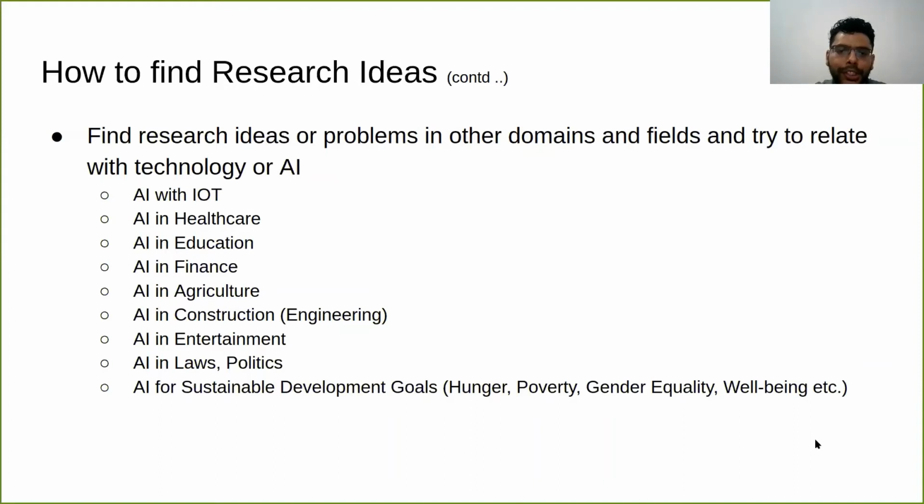If the research idea is in one of these areas, that will be an extra point for you if you're trying to apply for other competitions. But again, it's not a mandatory thing, and it all depends upon the problem that you have identified and your interest in a particular field.